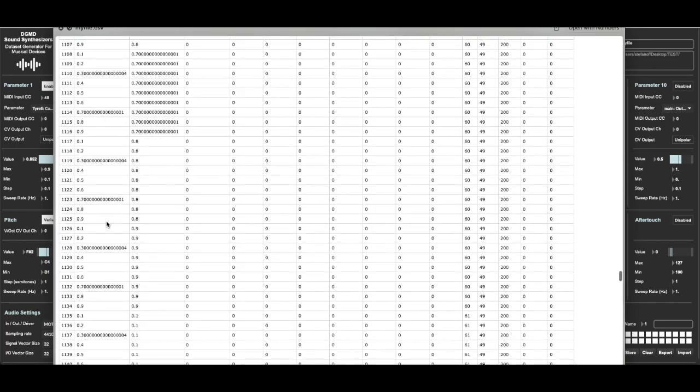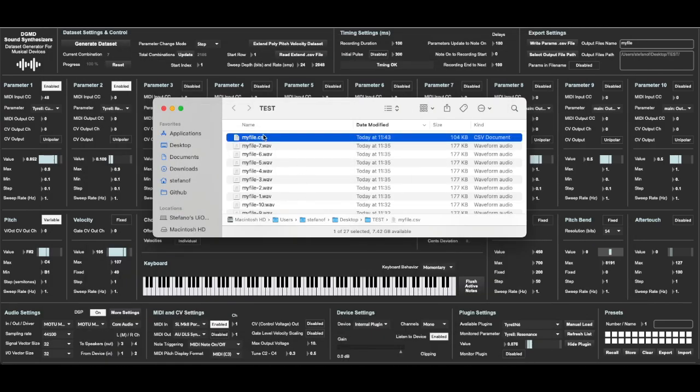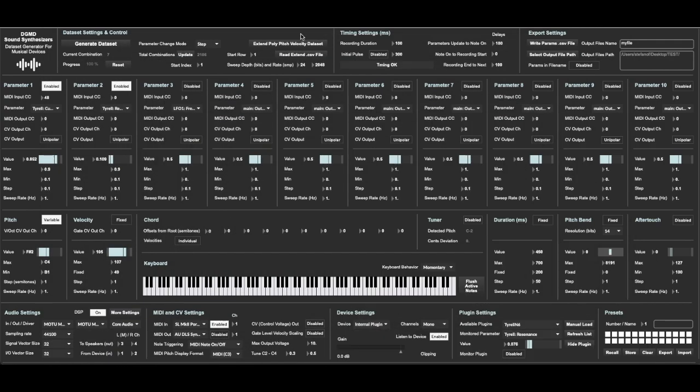And it contains all the variation of the pitch, velocity, duration, and so on that we specified through the interface. Now, you can also work in manual mode. In manual mode, nothing gets changed automatically. You have to change the values here using this part here, value. You can use either the number